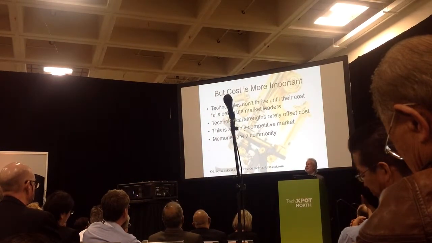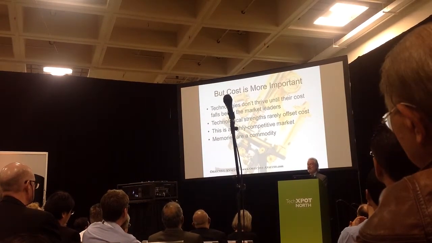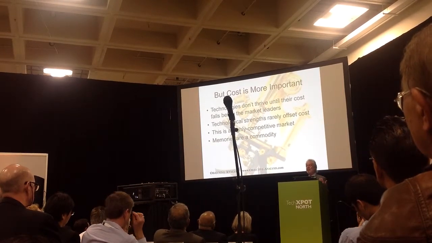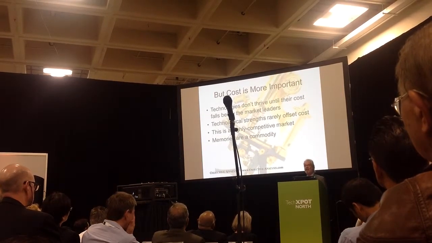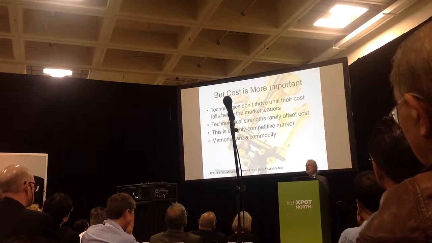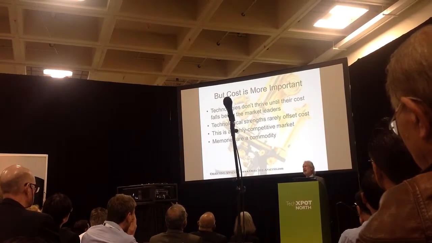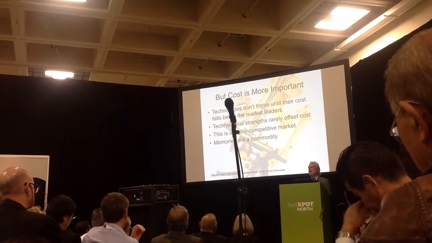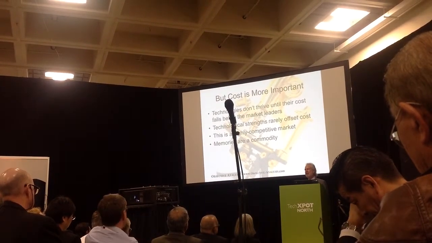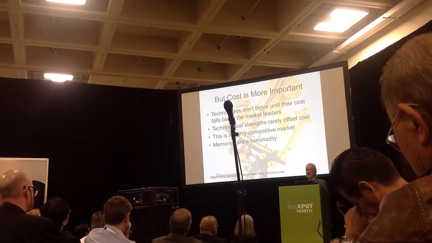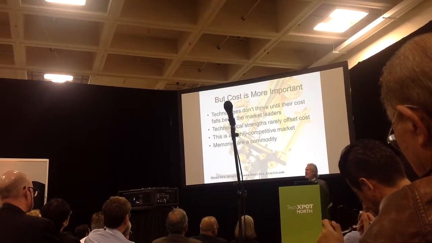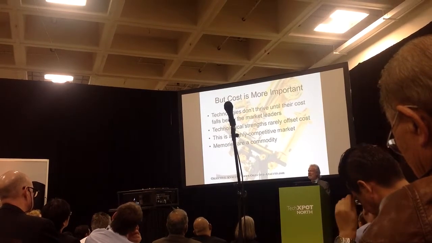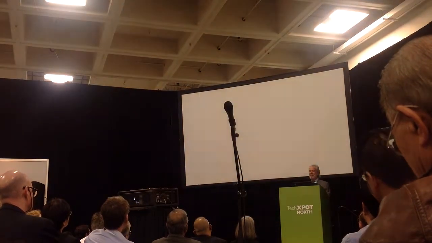But the trouble is the cost is more important than anything else. You don't see technologies really doing well, becoming major markets until their cost falls below market leaders. And even though all of these new technologies have better technical attributes than NAND flash, they're not likely to displace any appreciable amount of NAND flash until the cost gets down. It's a highly competitive market, and memories are a commodity. And so because of that, people don't buy things based on technical attributes, they buy based on price.